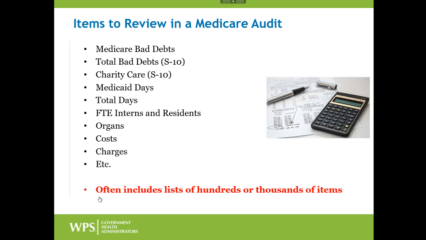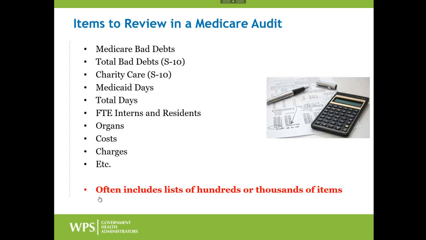Now, first of all, when we talk about a Medicare cost report audit, we could be talking about a variety of different topics. It could be one of these items, it could be multiple items, depending on what a particular provider reports in their cost report. Just a few examples. We have Medicare bad debts, one of the more commonly audited items. We also have total bad debts and charity care, both of which are currently a big part of the worksheet